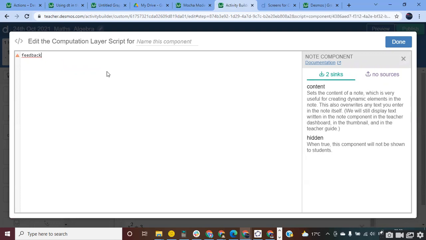Feedback. So what should be the feedback? Because now we have to apply the condition here. I'm applying a condition which is like if and else. But in Desmos, we use when and otherwise. So when, look,